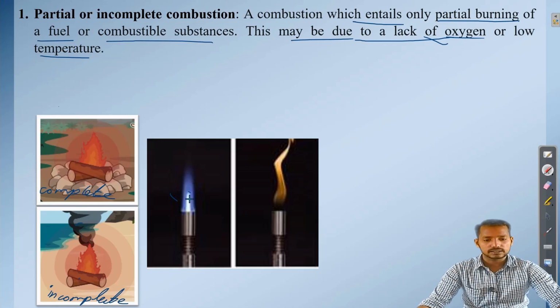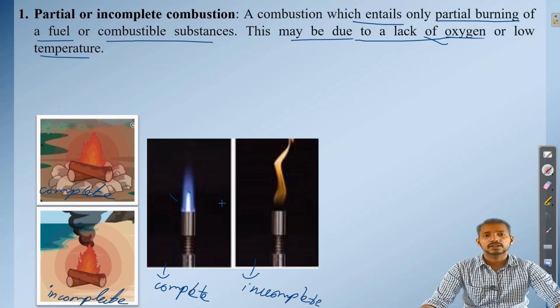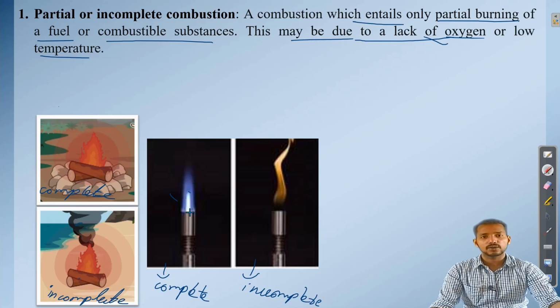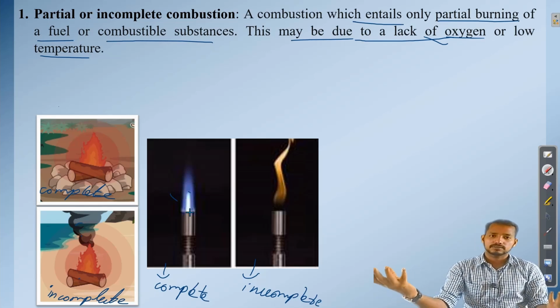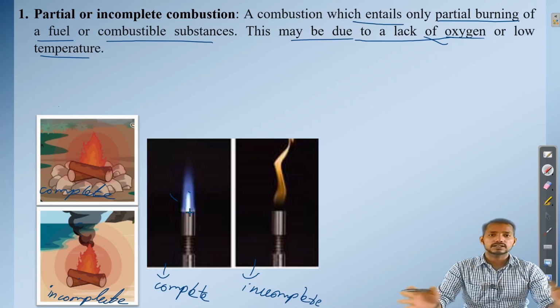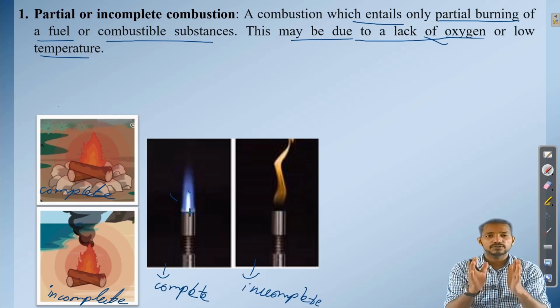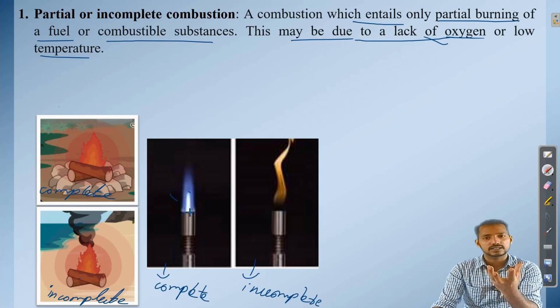Here in the first figure it is representing complete combustion because the color of the flame is blue, while the second case is incomplete combustion of the same substance. Color of candle flame is yellow and color of LPG flame is blue. One is incomplete, one is complete. We cannot say that. We have to take the same substance. In case of LPG or some gases, we already know that when it burns, it produces a blue flame. I think you already noticed that.